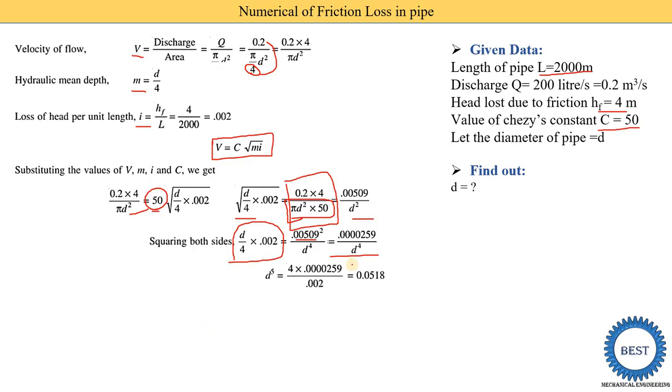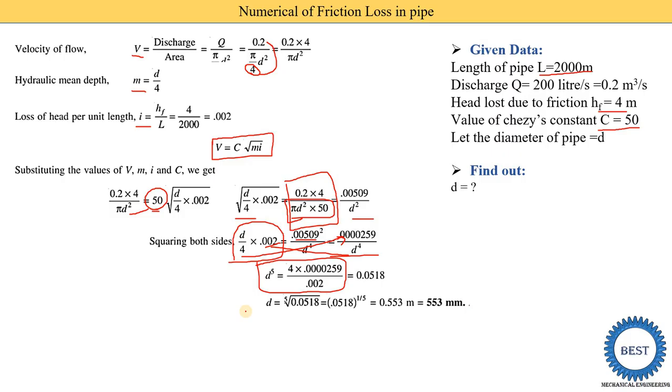When we further simplify, this d raised to 4 power is taken to the left side. Here already one d is there, so it is d raised to 5 power, is equal to this 4 taken to the right side, so it goes in multiplication, and this 0.002 is taken to the right side, so it goes in division. So we get this equation, and this is further simplified in the calculator, so we get the answer: d to the power 5 is equal to